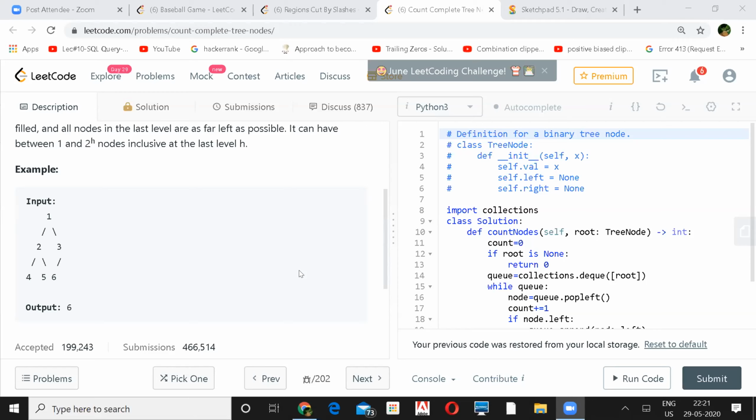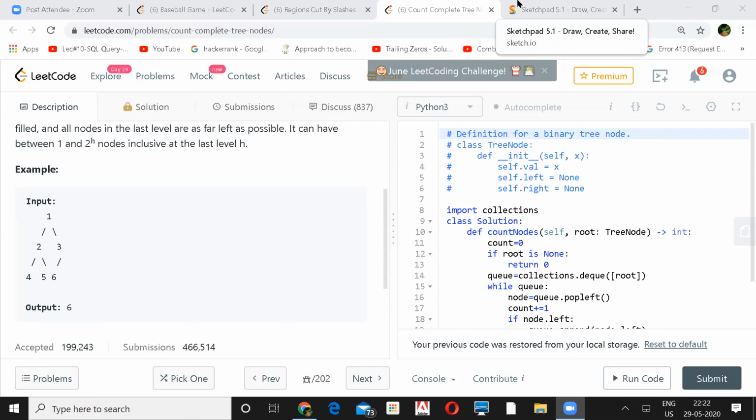And there can be one case where left height is greater than right height. You understand, right? Because on the last level there can be nodes from left to right only. Suppose in the right subtree there are no nodes, only in the left part there are nodes. I don't know if everyone is following me. Can you draw it on a whiteboard so that it will be slightly clearer? One second.